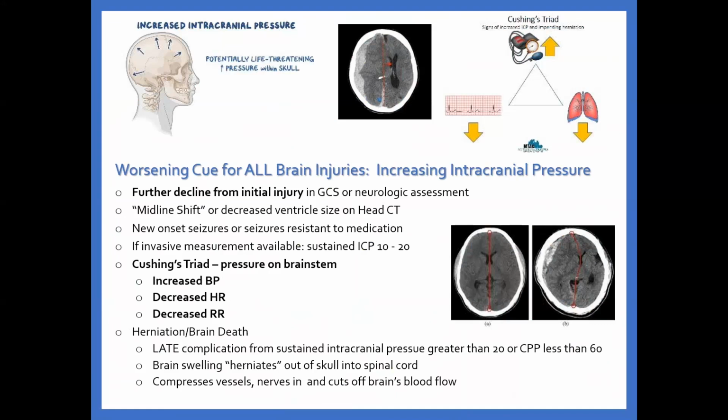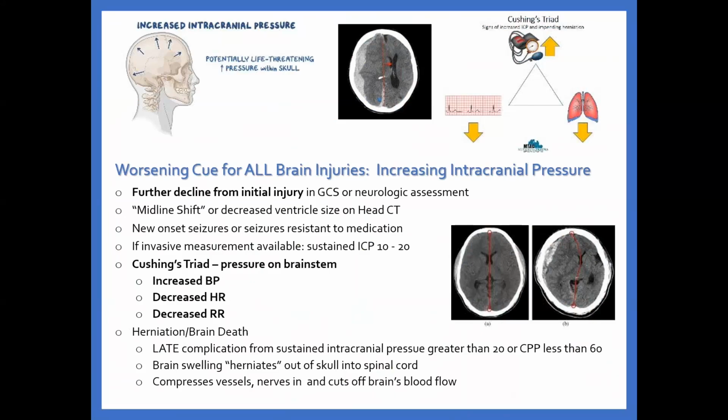When the body's in trouble, it usually has shock-like symptoms. But here, this is completely the opposite. Your blood pressure's going up, your heart rate and your respiratory rate are going down. That makes no sense, because your brainstem's dysfunctional. So Cushing's triad is seen as a late sign. You don't want to wait till your patient shows you these signs. You've almost already got too much pressure in your head. You would see a decrease in your neuro assessment or possibly some seizures,